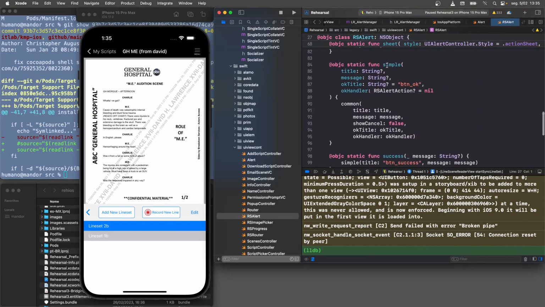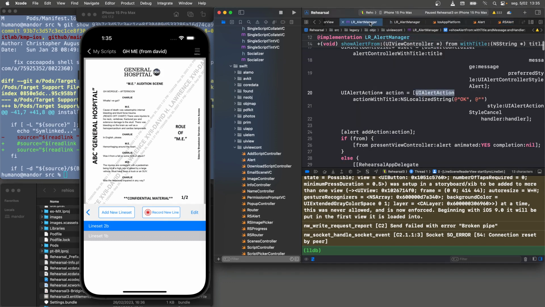Simple calls common. This is an example of something that looks like it got overly DRYed. Simple calls common, and common does all the work. So simple says title message, OK title, handler. But for the error,